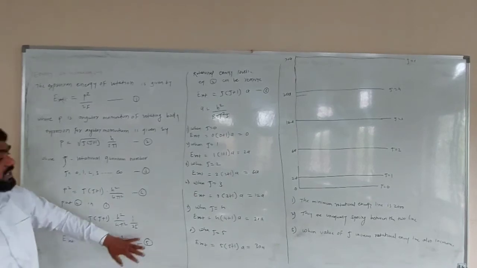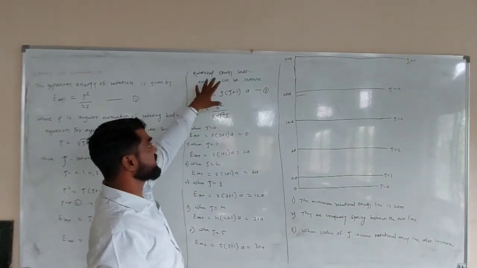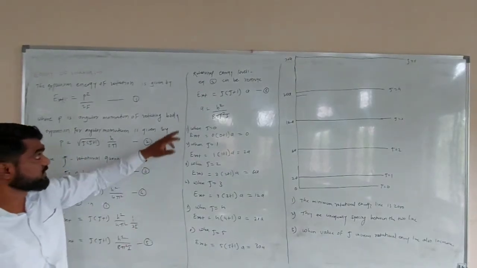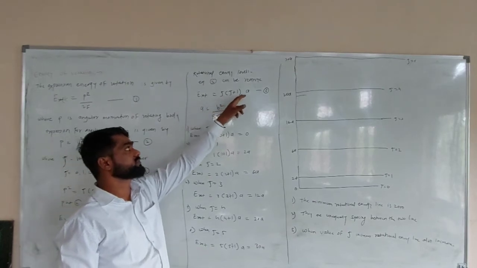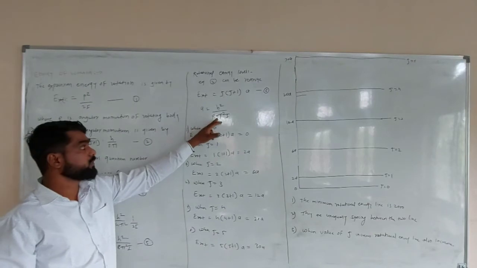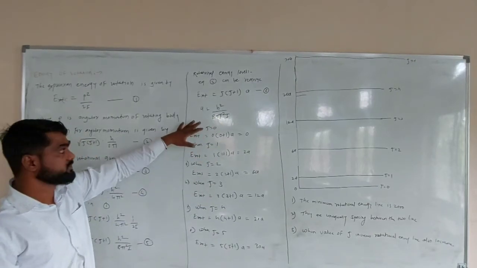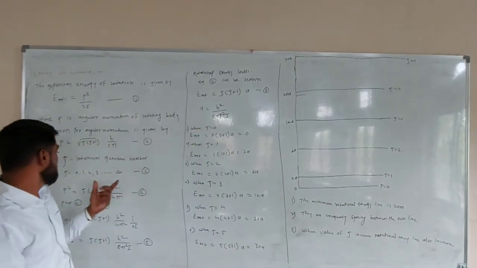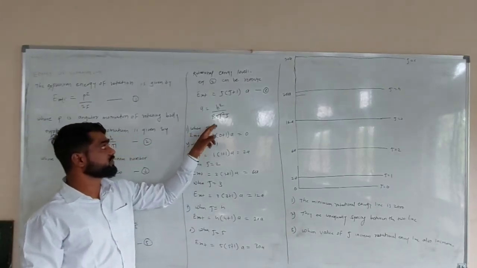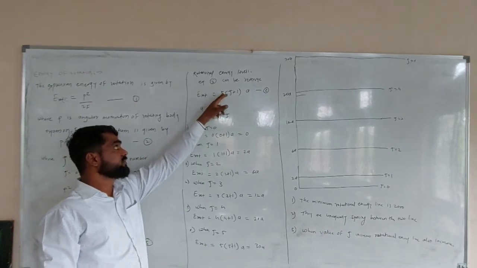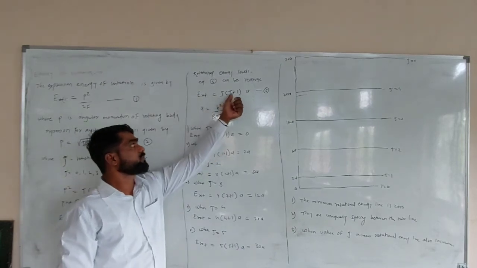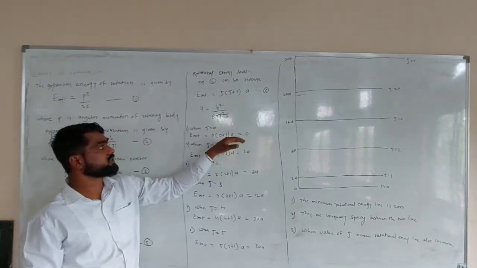From that equation we can calculate the different rotational energy level lines. We can rearrange this equation number 5: E rotational is equal to J into J plus 1 into a, where a is equal to h square upon 8 pi square I. Then we can put in different values of J. When we put the value of J equal to 0, that is 0 into 0 plus 1 into a, the whole term is 0.